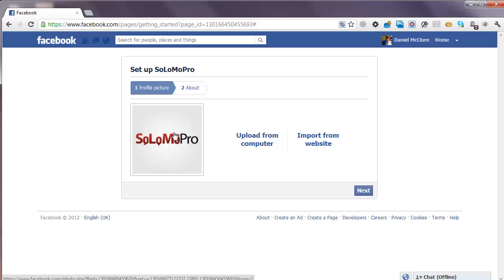This is what you'll be represented as around the website. If you've made pages before, it has changed since timeline, so you do need to make sure you're using a square image rather than a long rectangle, which some people used to use. Once you've done that, you can hit the next button,